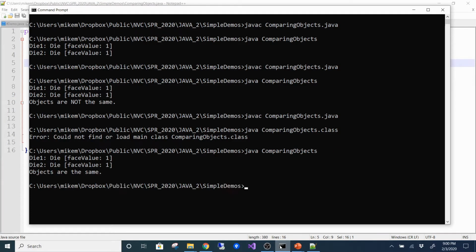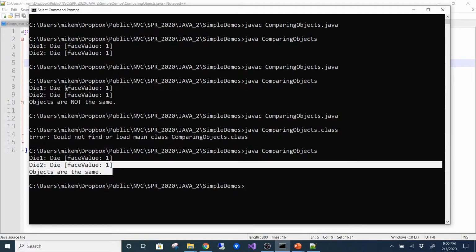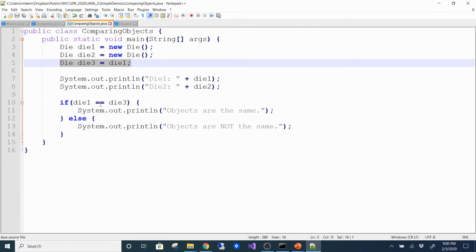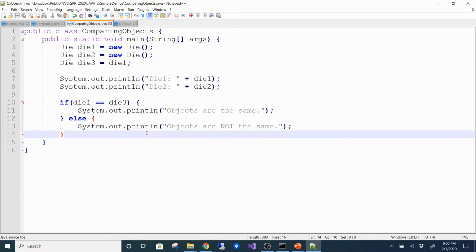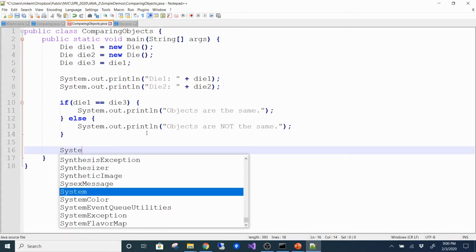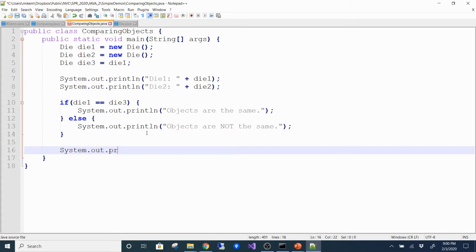You'll see that they're the same, right? Objects are the same, and the only reason that passed was because they're aliases of each other. They're pointing to the exact same thing. And to prove that, what I can do is to say down here, System.out.println